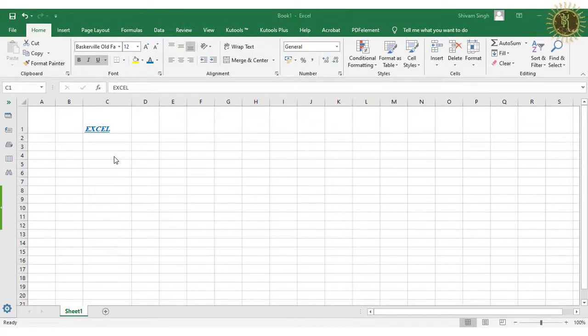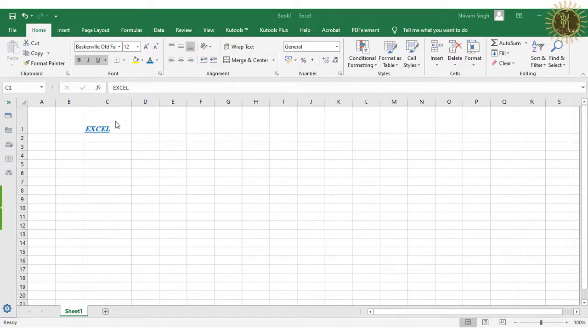Now the next topic is aligning data. In aligning data, you can set the data place, meaning the text place, wherever you want to set. That means you can set the data at the left, right, center, top, middle, or bottom in the cell.